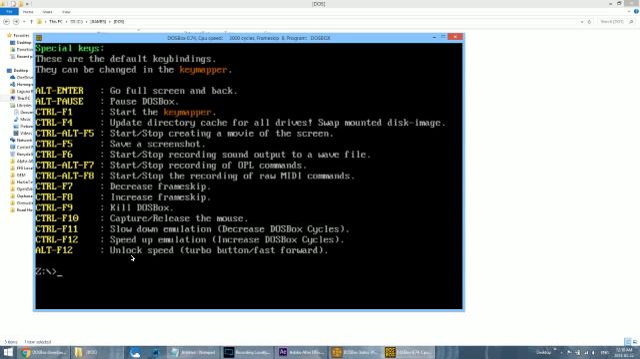Then you have unlock speed, so you have turbo button, fast forward, and kill DosBox with Control F9. Basically, Control and all the F keys are going to be your main ones, as well as Alt Enter to go full screen and exit full screen. So if I were to Alt Enter right now,